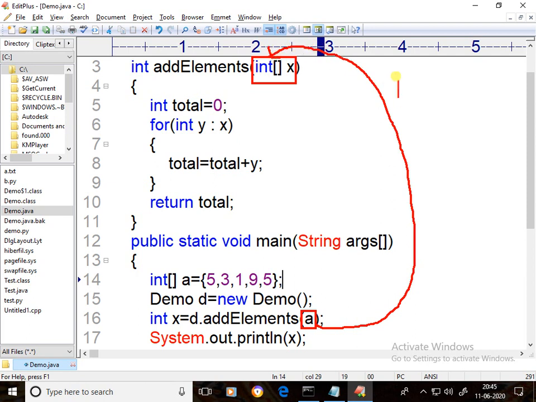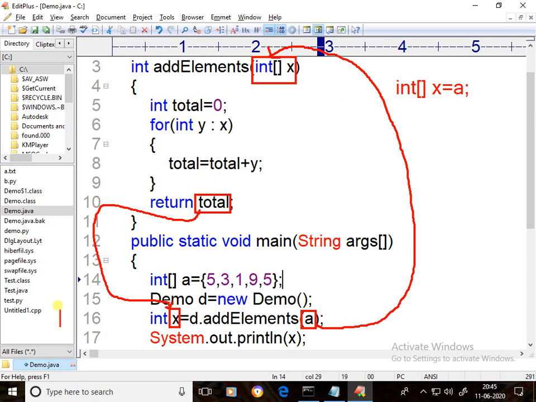Then this statement becomes int[] x equal to a, the hash code copied in x, int total equal to 0. This x refers to the array. From that, one element is copied in y, and y will be added to total. At last, total is returned and stored in x. This total is copied in x.